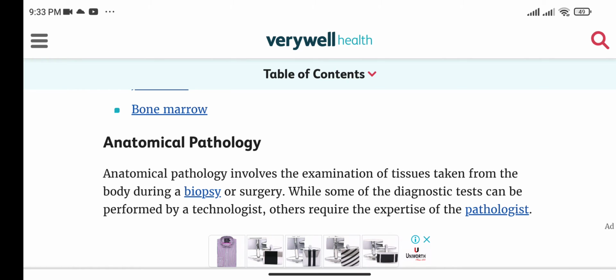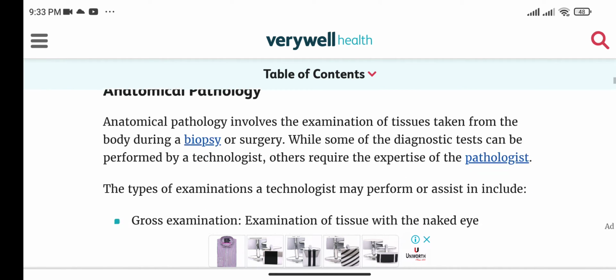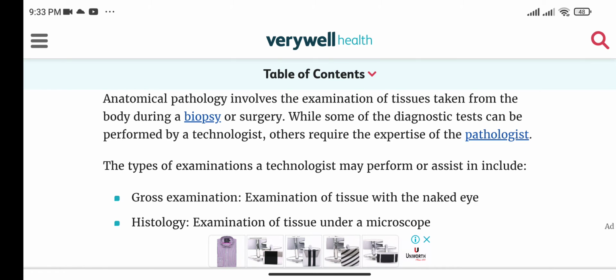Anatomical pathology. Anatomical pathology involves the examination of tissues taken from the body during biopsy or any kind of surgery. While some of the diagnostic tests can be performed by a technologist, others require the expertise of the pathologist. The types of examinations a technologist may perform or assist in include